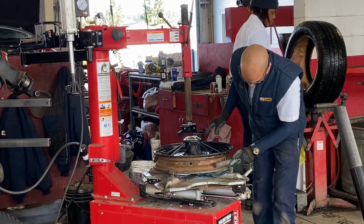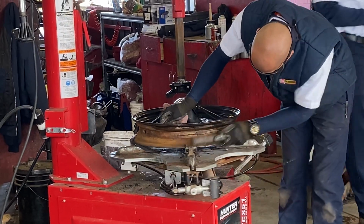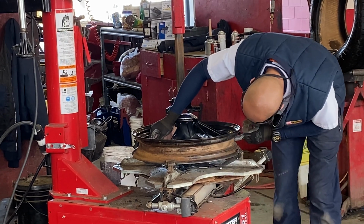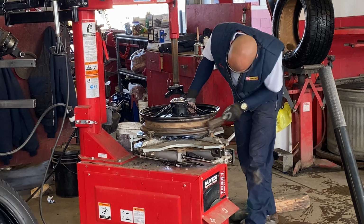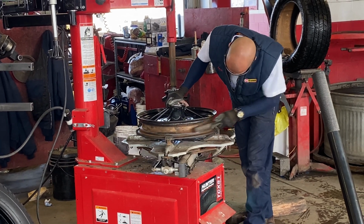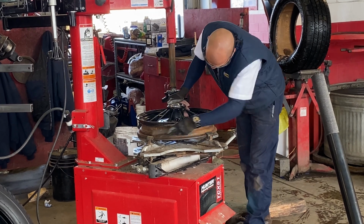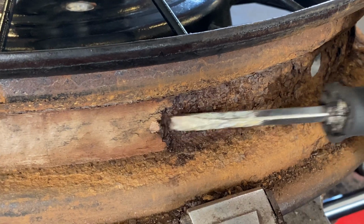Oh, that doesn't have a band in it. Oh no, it does have a band, the old one. Oh, okay. Very old one. Well, in your opinion, is it still okay? Oh yeah. Get some of this rust off for you. You might want to get a band on this one and see where it's...